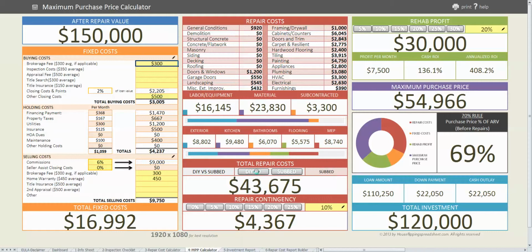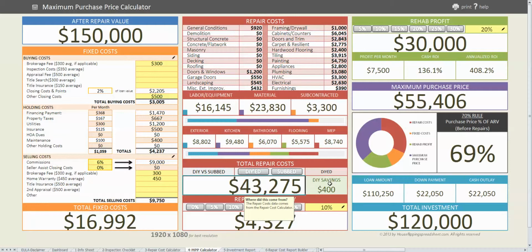If we click DIY'd, it's going to show us what our budget is for the project if we're DIYing the demolition on the project. So it also is telling us how much savings there are associated with doing that work ourselves. So this is a handy tool to analyze the overall maximum purchase price if you are going to be DIYing scopes of work to get a competitive advantage against some of your competitors that you might be bidding on